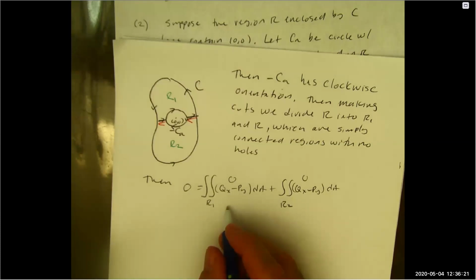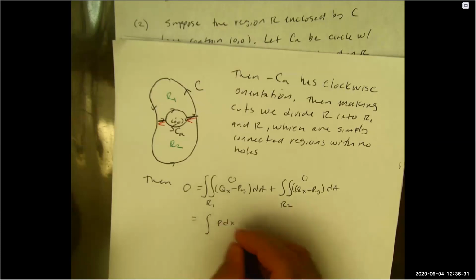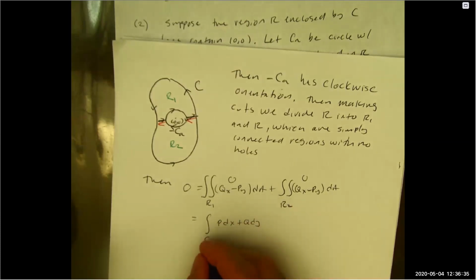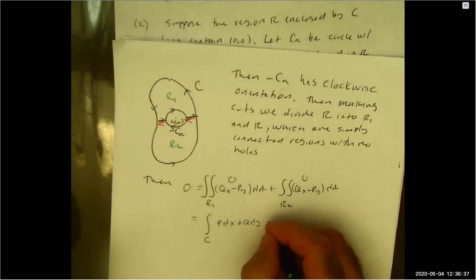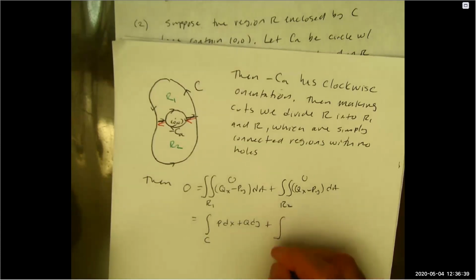So by Green's theorem, this is just going to be equal to the integral of the boundary, like what we talked about before, of P dx plus Q dy over C plus the integral of minus CA of P dx plus Q dy,